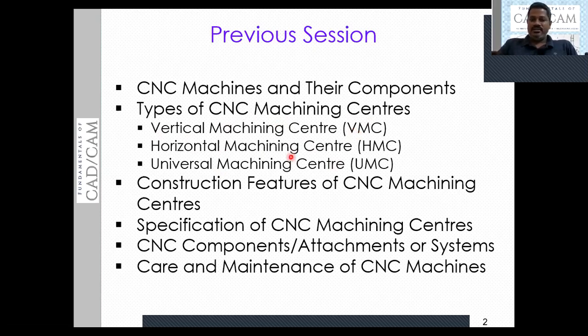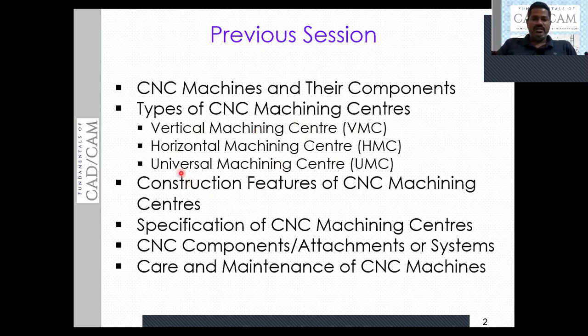In the case of the horizontal machining center, the spindle axis is horizontal. In both cases, the axis of the spindle is considered to be the z-axis only. The remaining two axes represent the table movements.